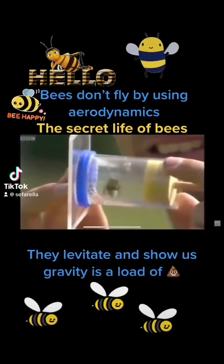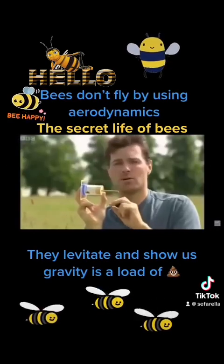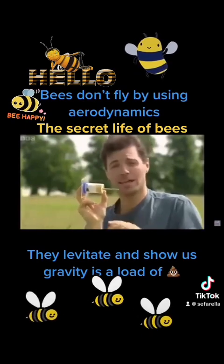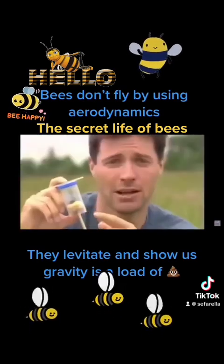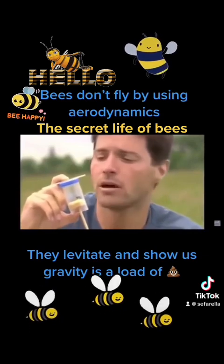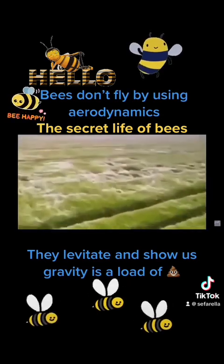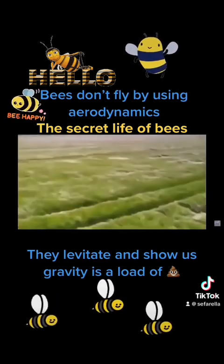Look like a radio-controlled bee, but it's actually a bee with a little radar transponder on it, which means that we can track this bee as it flies around the field. And these little guys can carry 90% of their body weight in pollen, so it won't affect the way it flies. First of all, the bees are flying much faster than predicted, an incredible 30 miles an hour, even when